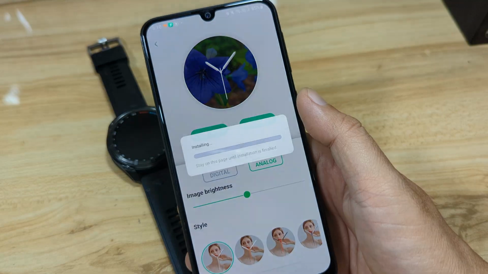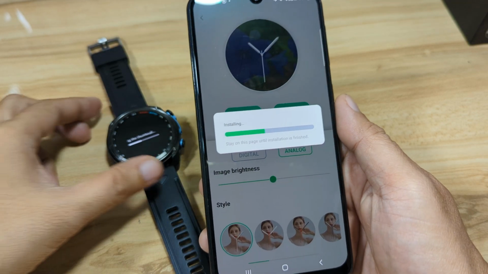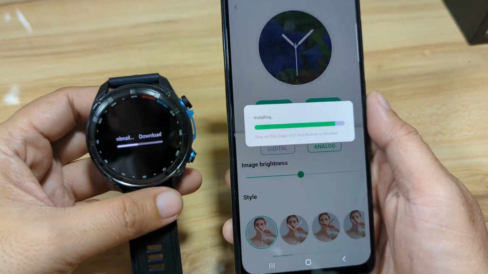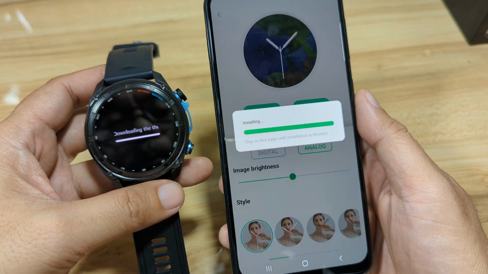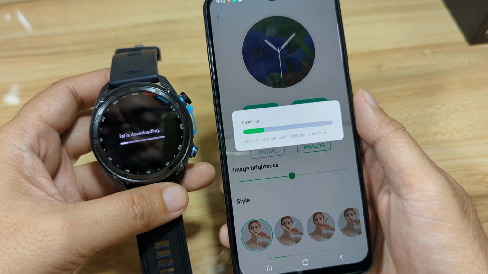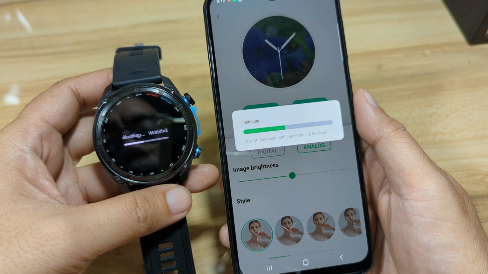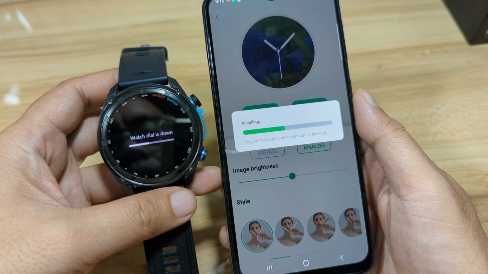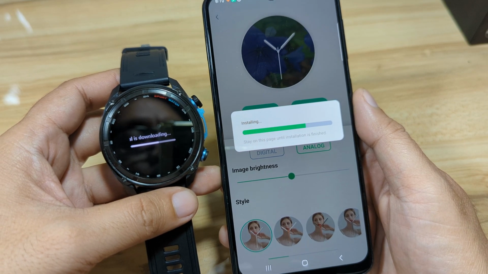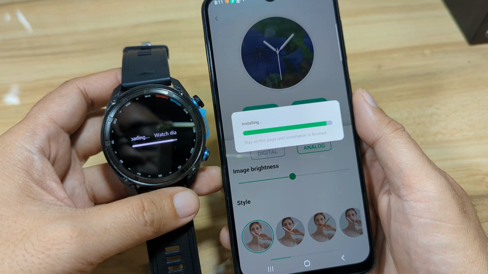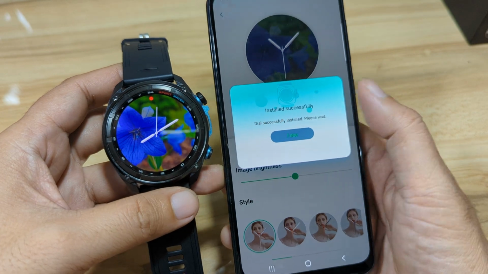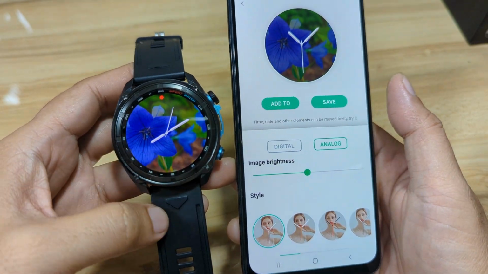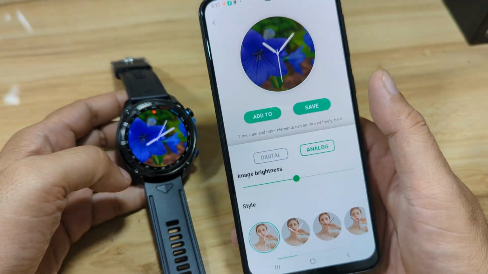Then push, and as you can see here, our smartwatch switched to download mode. Let's wait for it. Watch dial is downloading, and we have here the watch face with a dimmed background.